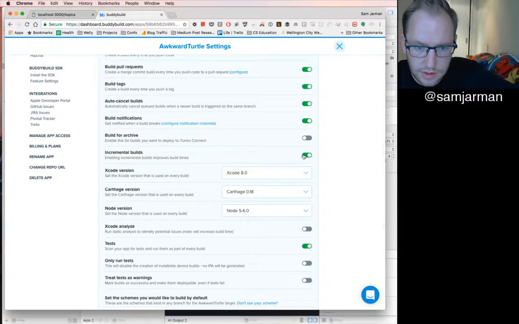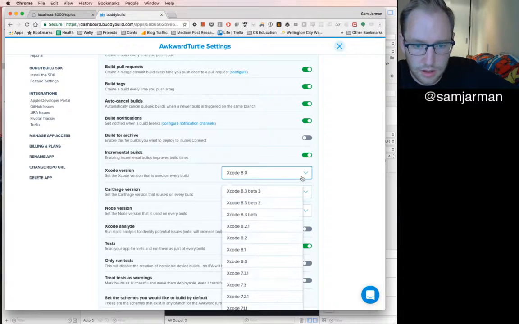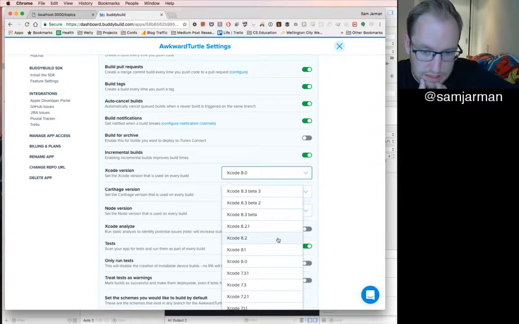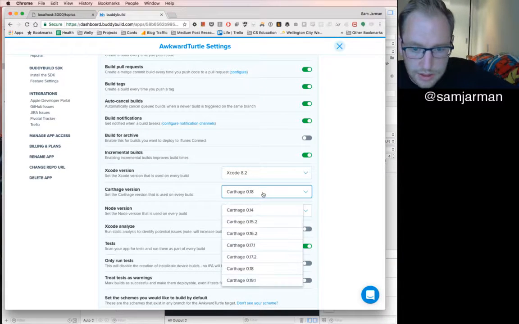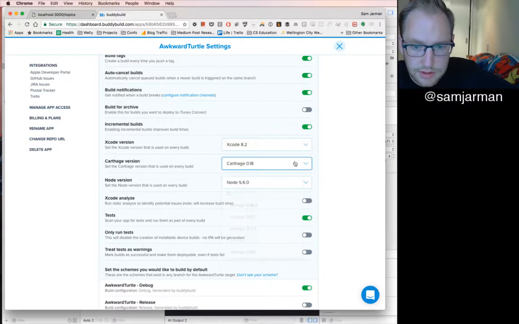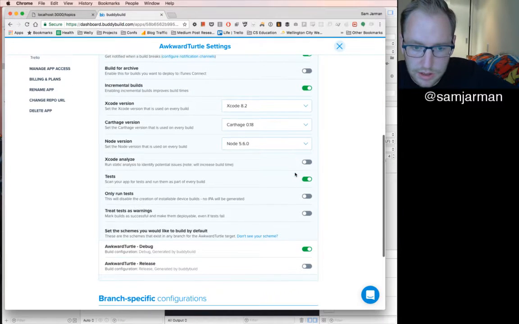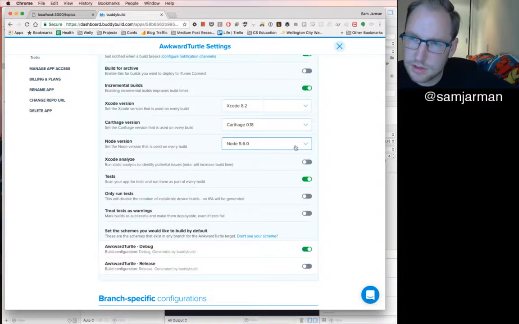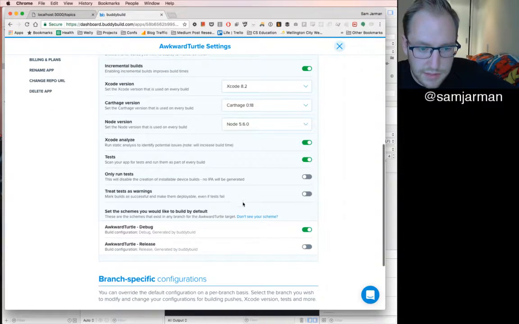Increment the build. Okay, yeah, Xcode version. Oh, I can change it. Leave it at Xcode 2. Carthage I'm not even using, so it's just setting that for some reason. No CocoaPod setting. Interesting. Maybe because it's in the pod file lock? Keen to know about that. Keen to know about the tests. IPA, it's a debug IPA, so it doesn't really matter at this stage.